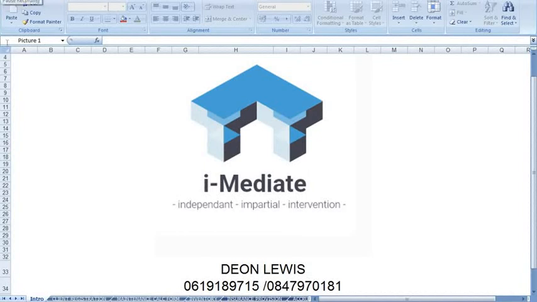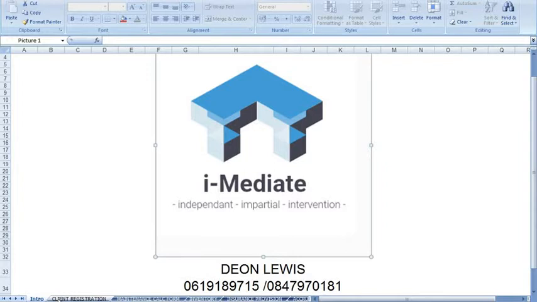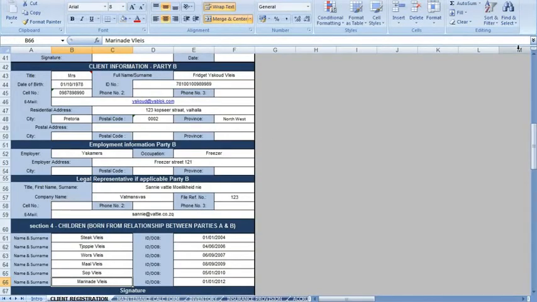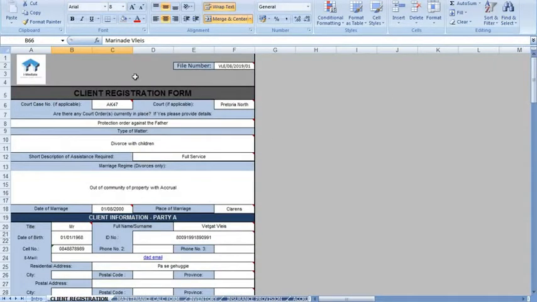Good day and welcome to iMediate, an innovative tool for attorneys and mediators when it comes to mediating divorce, especially on finances. The first option that you have here is a client registration form where you can insert your file